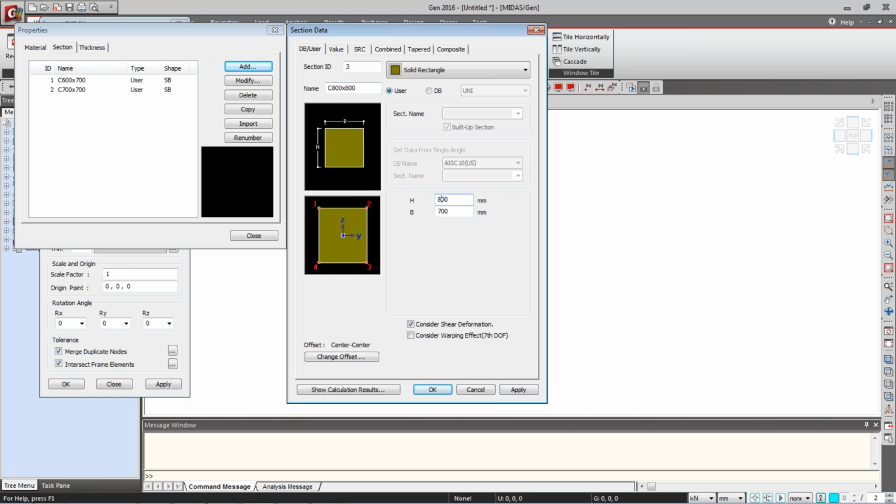It is up to the user to think about when they want to say okay, and when they want to say apply. So I just say apply. Similarly these three properties are done. Now next is